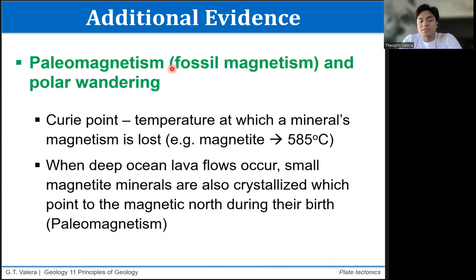So the concept is that, as we will learn later on, rocks are basically the first stage, kumbaga, sa history of a rock. A rock is actually its crystallization from a magma. So from a molten material, it solidifies and transforms into a rock. Okay. In that process, some rocks contain an abundance of magnetic minerals, specifically magnetite, for example.